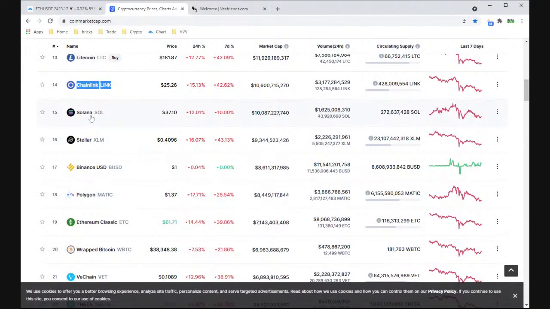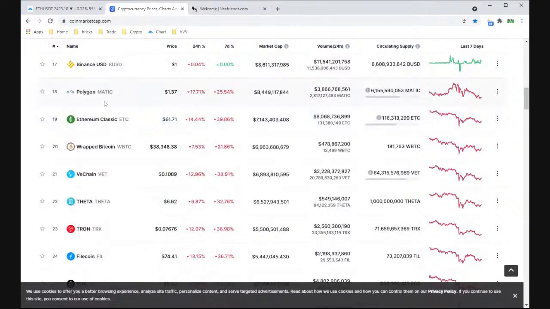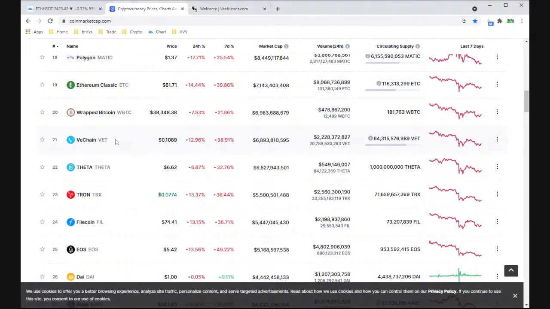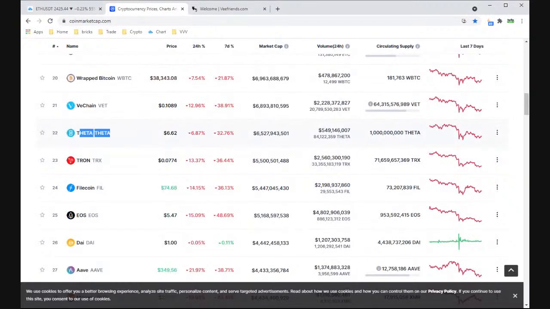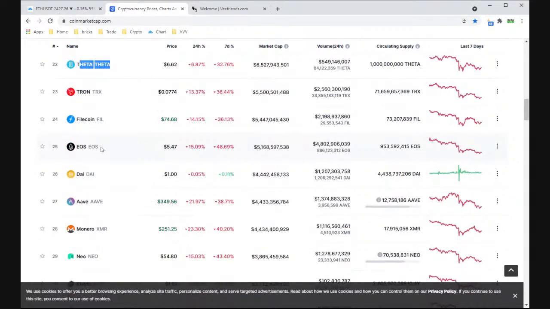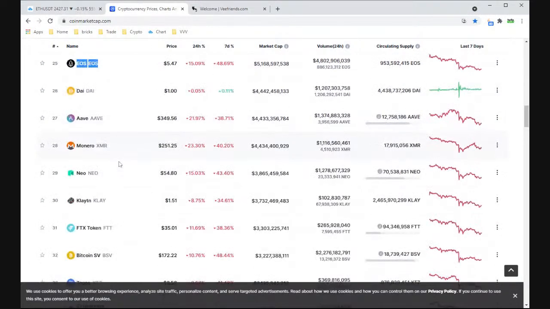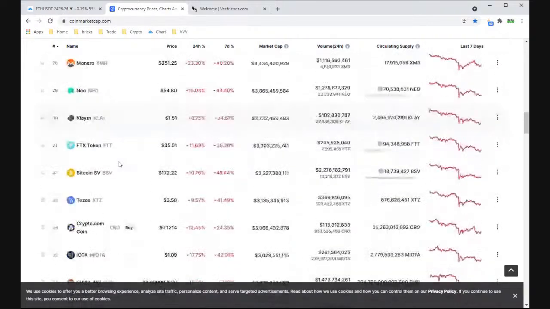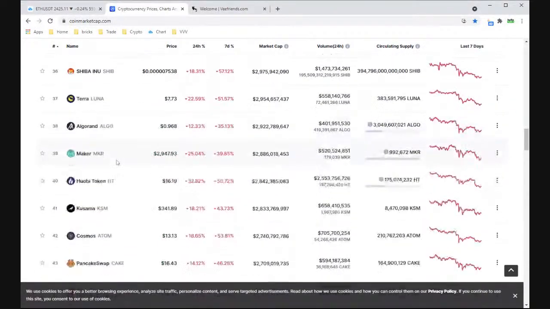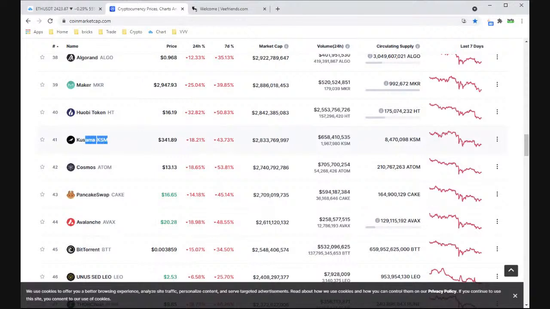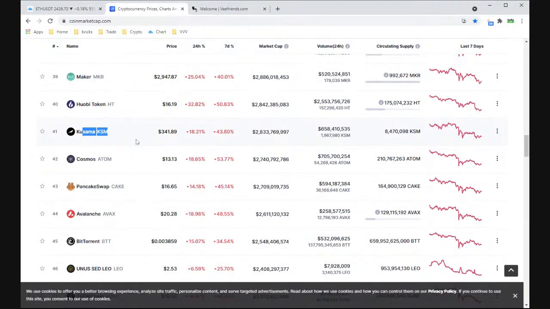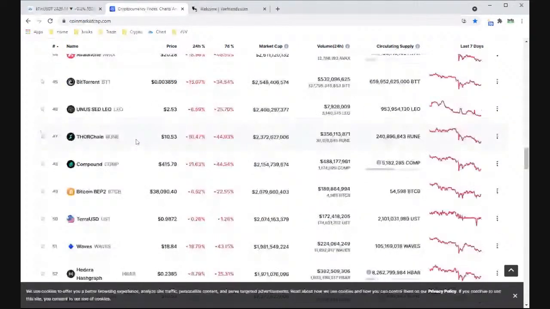We just did Solana. Matic. I don't see this come up either. I don't see VET come up, and I don't really see Theta come up. Or EOS. EOS has been around a long time. And then it starts getting into, I guess, oh, wow, Shiba. Oof, Shiba. Kusama, this is a DOT project. Pretty much the biggest thing on the DOT. And yeah, if you've never been here, this is a good place to go.